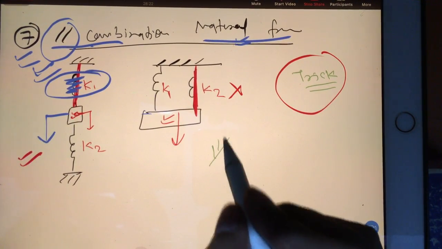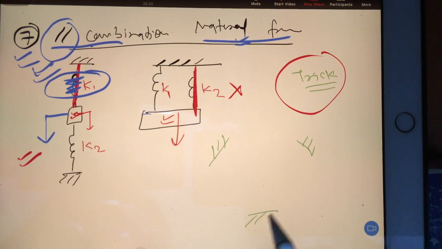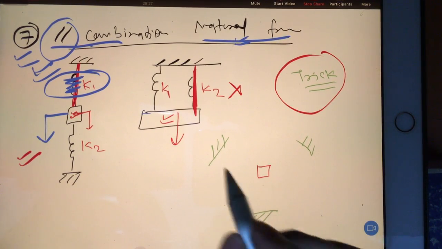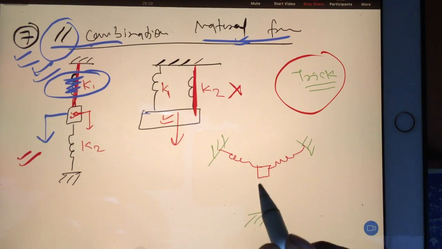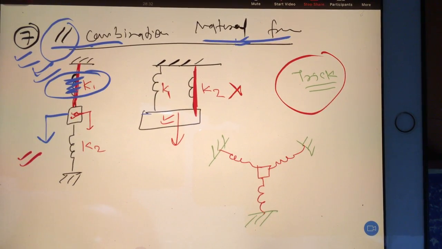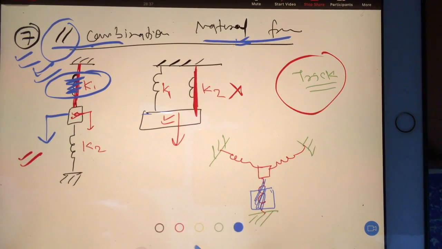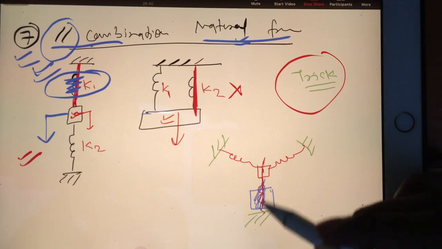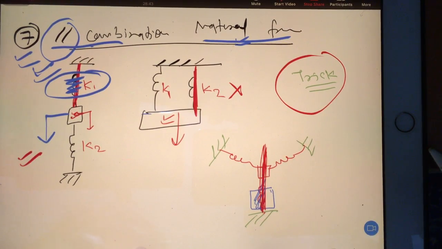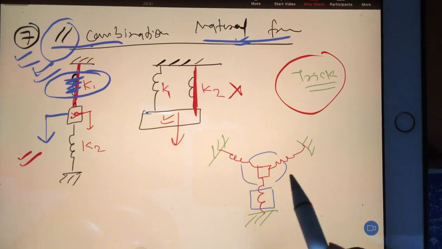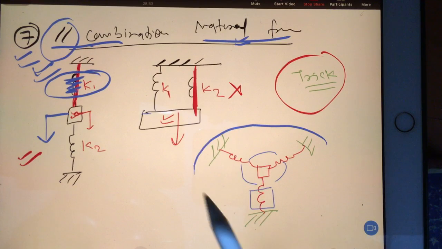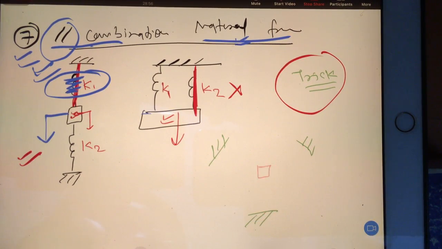For example, if I give you a 3 spring combination, and the mass is here, one spring is here, one spring is here, one spring is here. Now you can see, if you make this completely rigid, then this one cannot go like this. It cannot vibrate like this. It cannot go anywhere. So when you have a 3 spring combination, they will definitely come at 120, 120, 120 degrees. I will explain this example properly later. Currently I am not going into this. I have a different objective to complete.